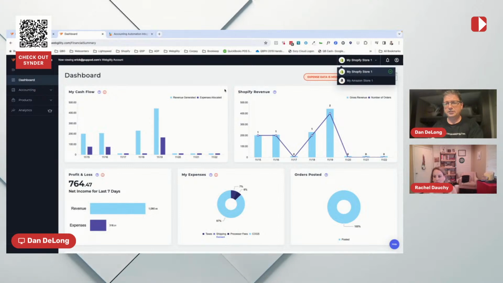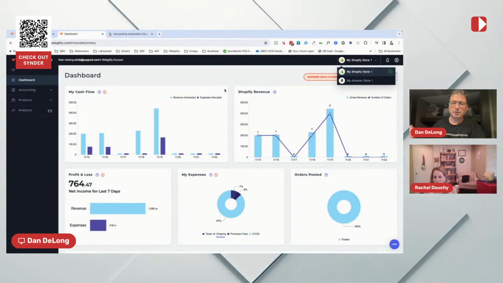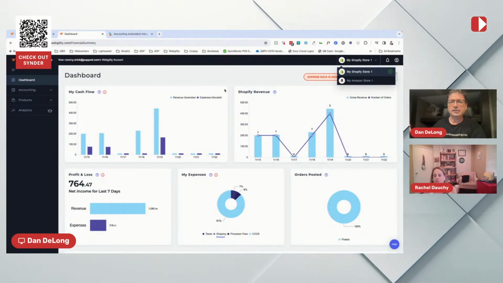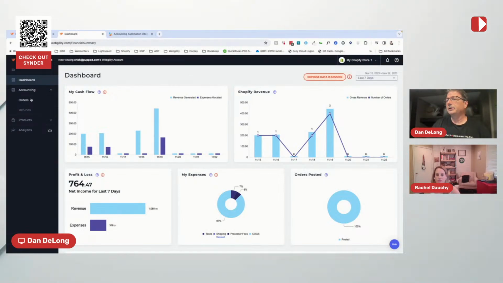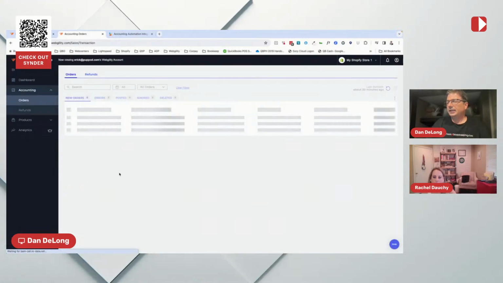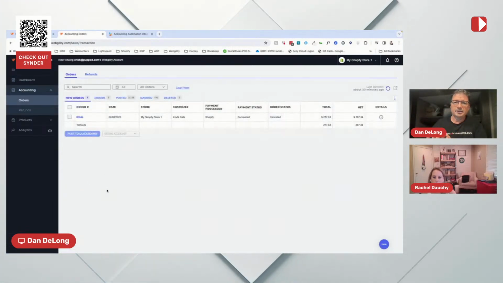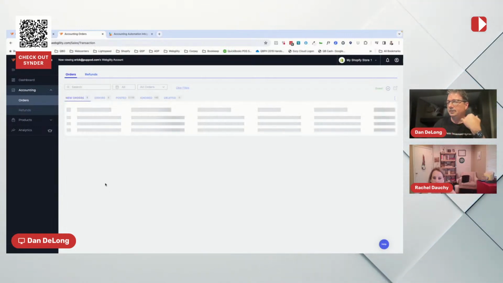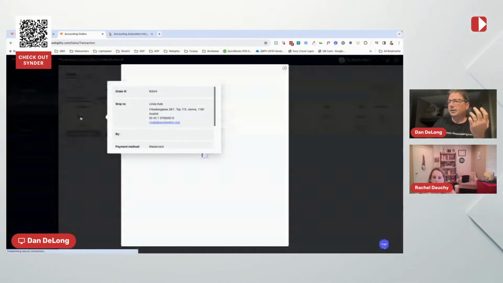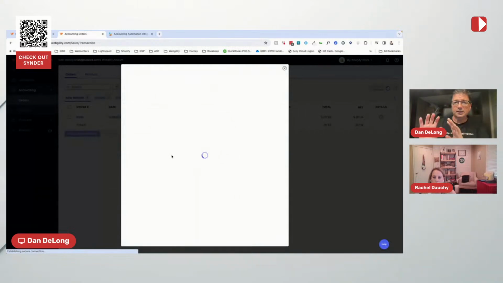Once the order comes into QuickBooks, it will decrement or lower your on-hand quantities, and then it will feed that information back to the other sales channels. One of the other things that I really do like about Webgility is that you don't have to have access to the sales channel itself, right? So when the order comes in, there it is, I can look at it and I can see the details